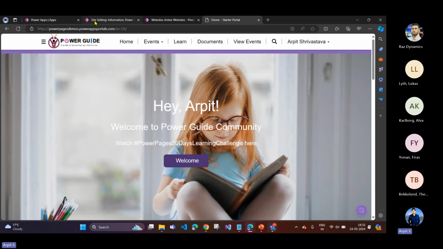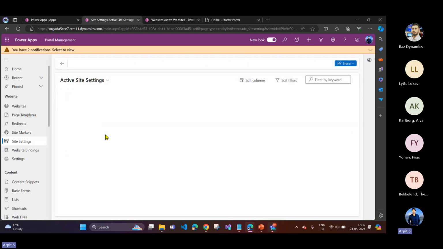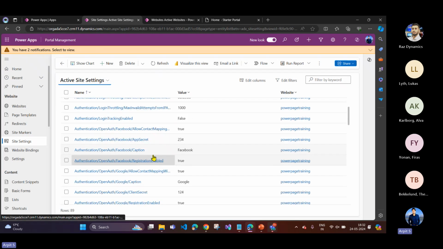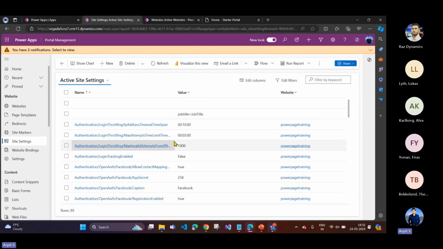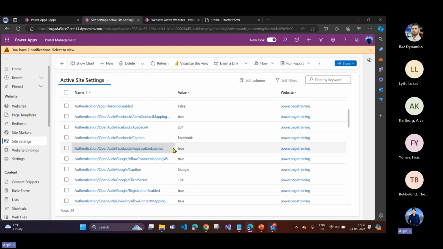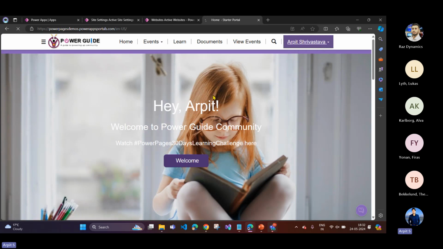If I head over to the site setting from the left panel, you see there are a lot of settings already there. Most of the settings come out of the box. You don't need to create the site setting on your own. You just need to set true or false, turn on or turn off based on your need. So here is the list of site settings. Now imagine you want to disable the registration from the portal. Just a simple setting. Currently, if you go here,